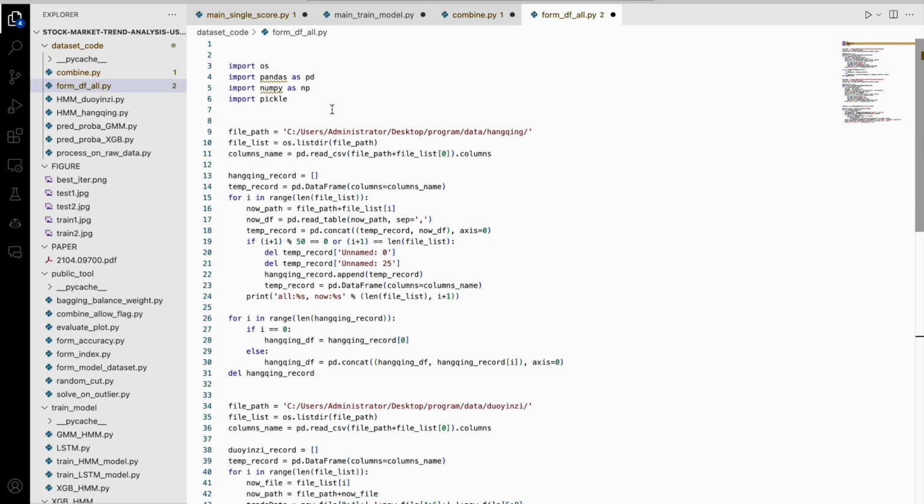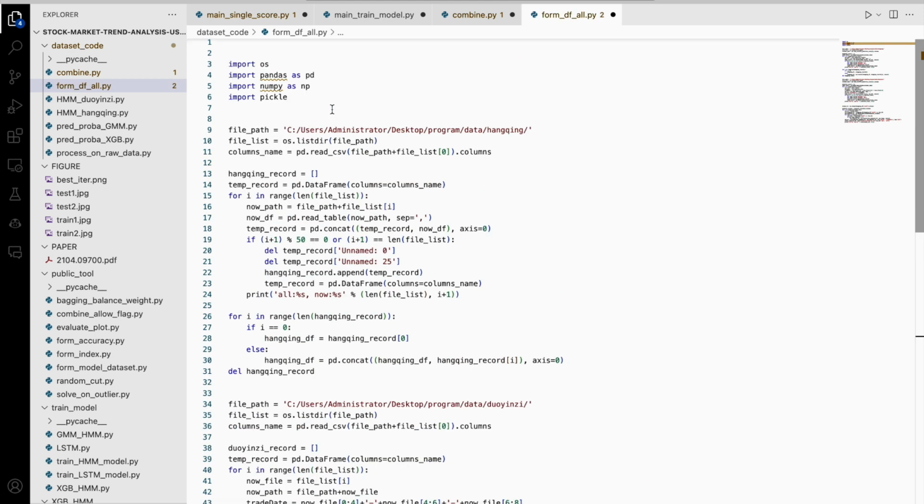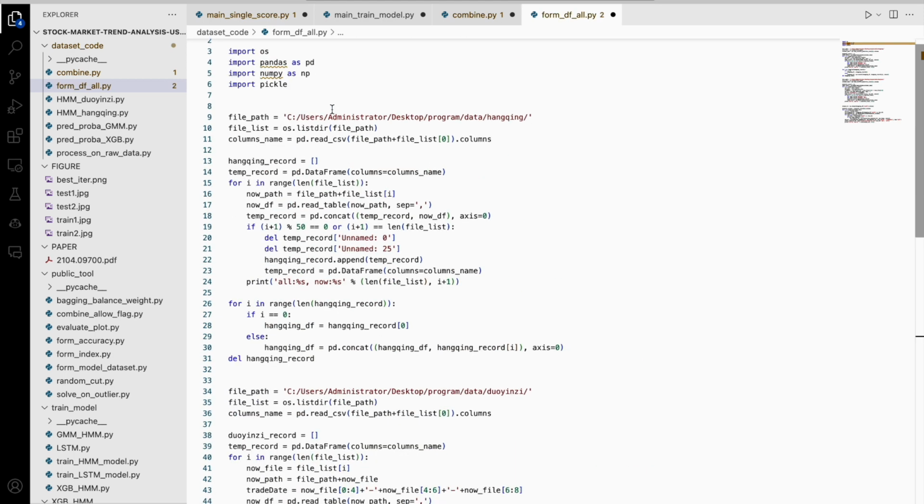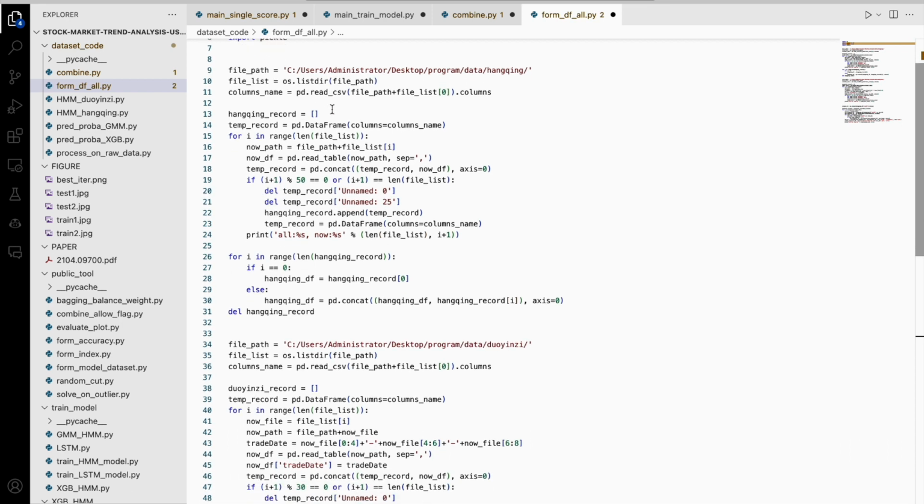This Python code appears to be part of a larger code designed for data processing, specifically for financial market data analysis. The purpose of the code is to aggregate and merge different sets of data from CSV files, likely stock market data, and organize them by security identifiers into serialized pickle files. The code begins by defining a file path where the CSV files are located and loading the list of file names in that directory. It then reads the column names from the first file to use as a template for